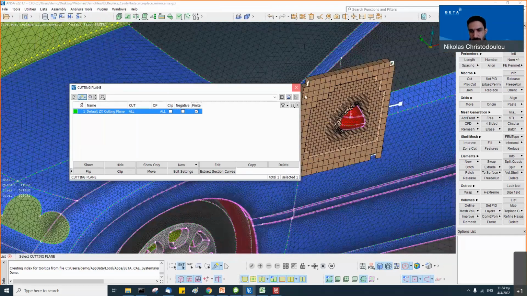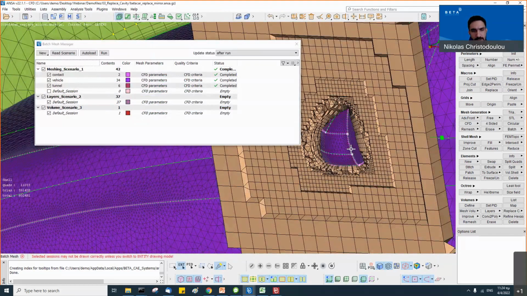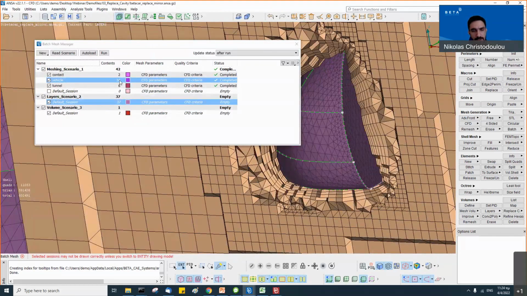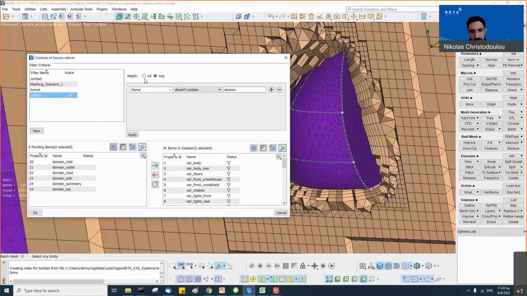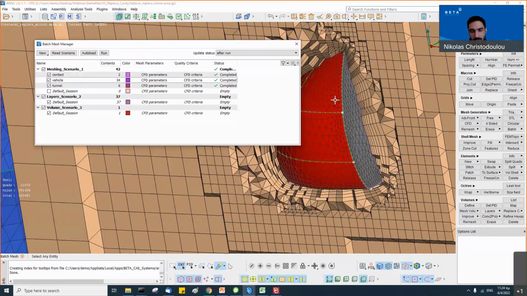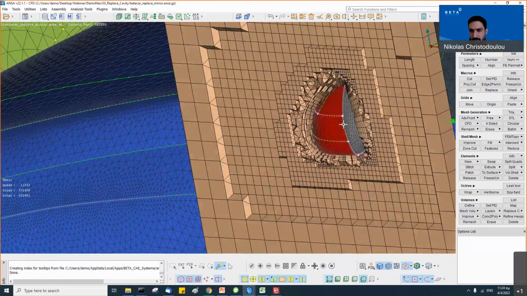And what we will do now, so here, this mirror is in the vehicle session for the surface mesh and in the default session for the layers. So we need to make sure that the filters are properly created and will filter the new part that we are going to bring inside.